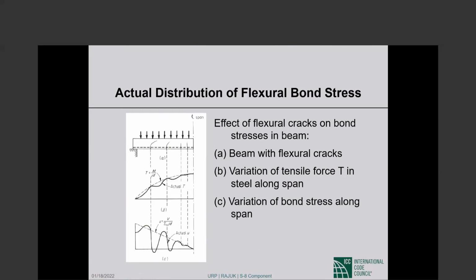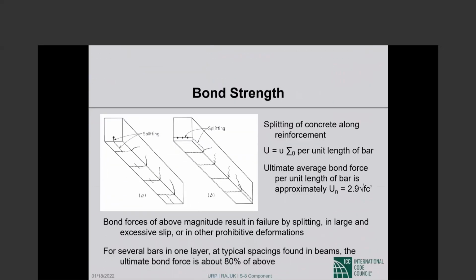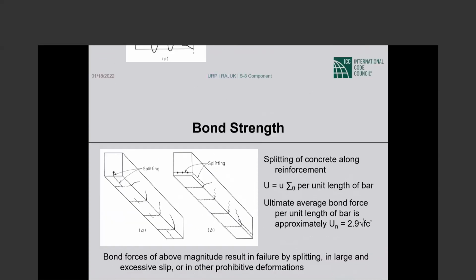in the picture. So picture A shows you a beam with flexural cracks. B shows you variation of tensile force T in steel along the span of the beam. C shows you variation of bond stress along the span. Okay? Now, because of everything that we discussed, okay, if the bond stresses